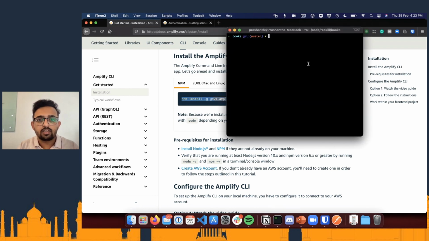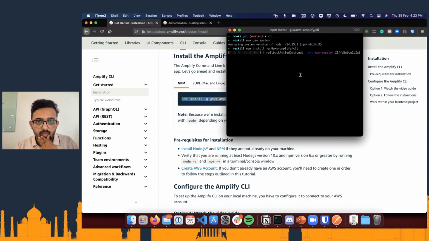I have already done that, but I can redo this, just making sure I use the right version of Node. This will go ahead and install Amplify CLI at the global level. -g means global.